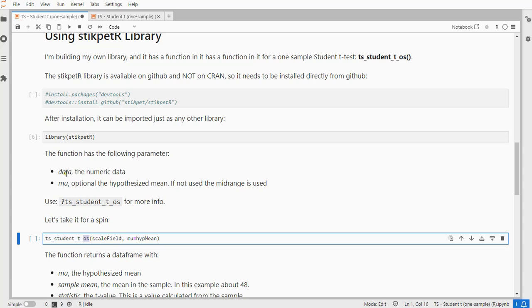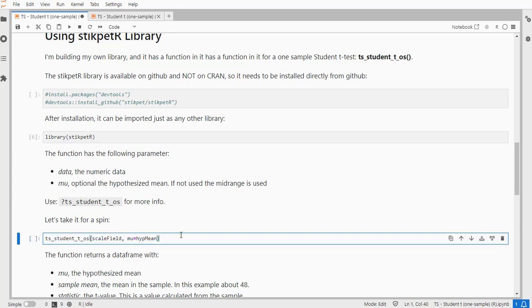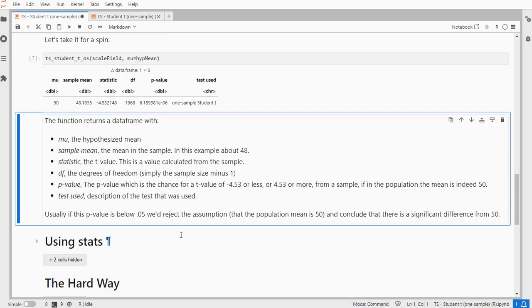It takes as input the data, of course, and you can also specify the hypothesized mean. If you don't do that, it will actually use the mid-range, which is the maximum plus minimum divided by 2. If I now run this, it should give me a nice data frame with the hypothesized mean, the sample mean, the t statistic, the degrees of freedom, which is the sample size minus 1, the p-value, which I need to divide by 10 to the power of 6, so this is